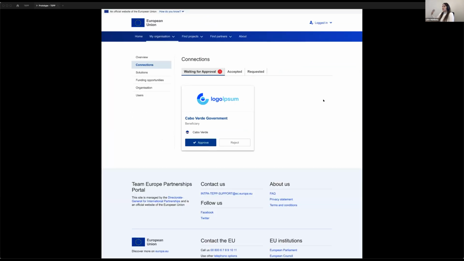So now in the role of the provider, I come to my organization tab and to the connections page that we saw before on the menu here. And as you can see, under this waiting for approval tab, I have one thing waiting for me to have a look at. And it's the beneficiary who wanted to get in touch with me. So if I want to, I can click into their detail, have a closer look at who they are,